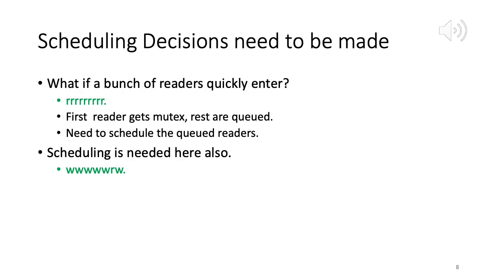When they do a wait, since the lock is already acquired, the value for that semaphore, the mutex, will be 0, and all of them will wait. In other words, they will be queued. They will be in a queue. So now the question is, when the initial process that got the lock wishes to release the lock, who should be the next one to acquire that lock, because many processes are waiting on the wait mutex? So which process acquires the lock? That is a scheduling decision that has to be made.